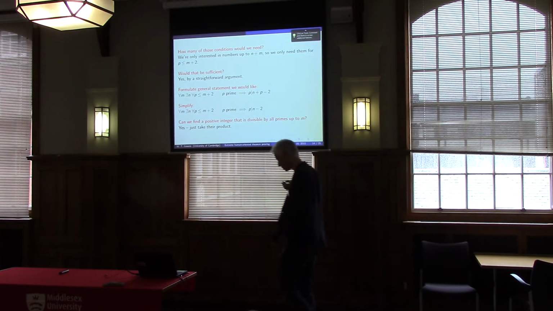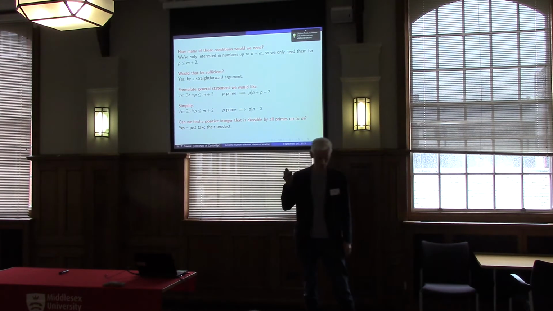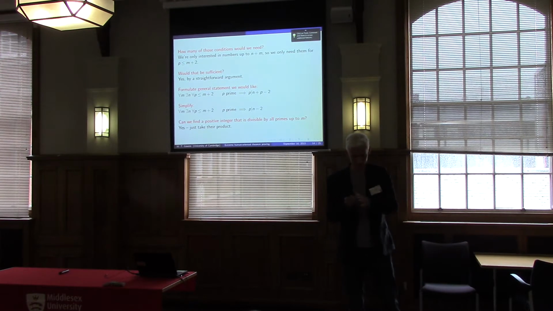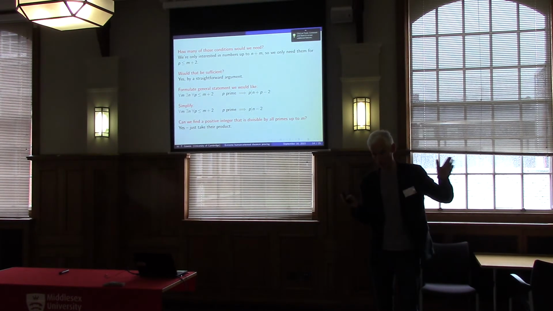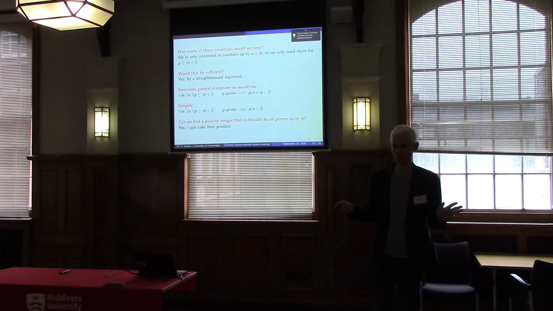Because the thing I'm dwelling on really is that we've actually solved the problem now. The answer is we wanted an n such that the 100 numbers from n onwards are all composite. So all we have to do is make sure that n minus 2 is a product of all the primes that are less than or equal to 102, and we solve the problem.